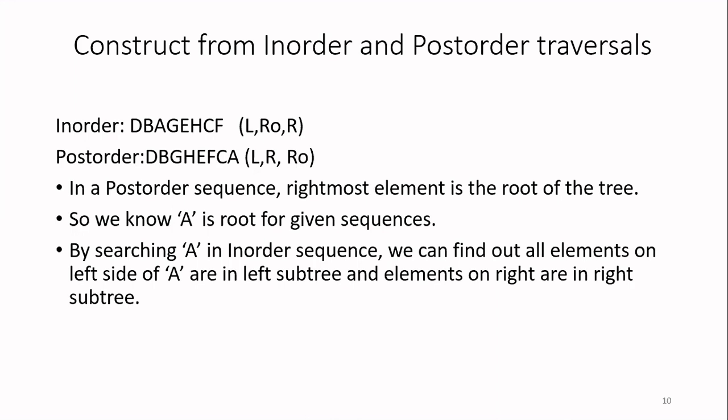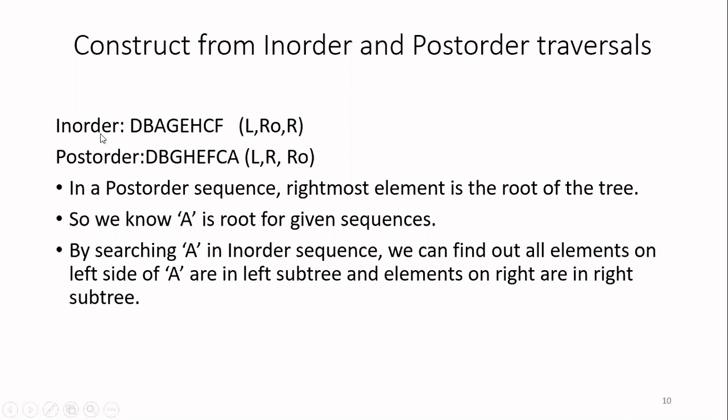In the pre-order, root is appearing first, so we are seeing the left most node, whereas in the post-order, root is appearing at the last. So what we have to do is start from the post-order traversal at the rightmost direction. So start from the rightmost, identify the root node. Then once you identify the root node from the post-order traversal, you go to the in-order traversal, then find out the left subtree and then the right subtree. The method is the same as the previous one. The only difference is, in pre-order, to identify the root node, you start in the left direction, whereas in post-order, to identify the root node, you have to start at the rightmost direction. And the remaining process will be the same.